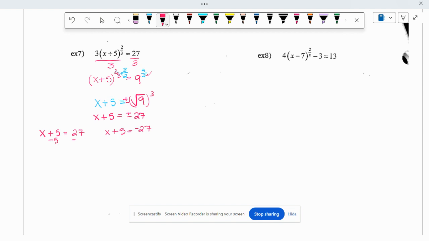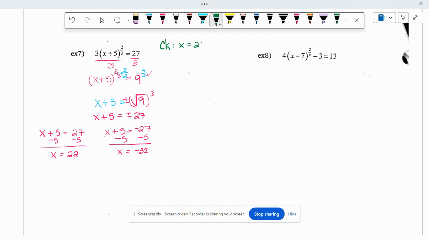So subtract 5 from both sides. So x could be 22. Subtract 5 from both sides, or x could be negative 32. Now we need to check. We need to check both of those. So let's check